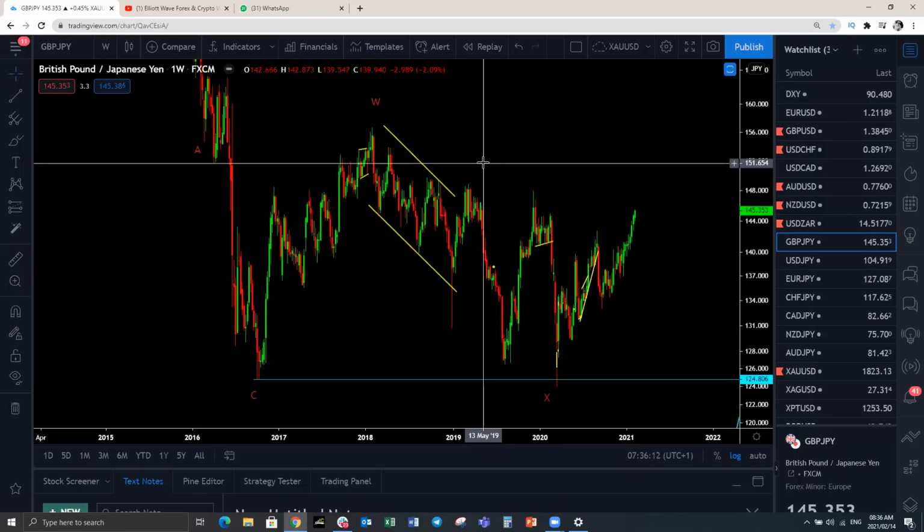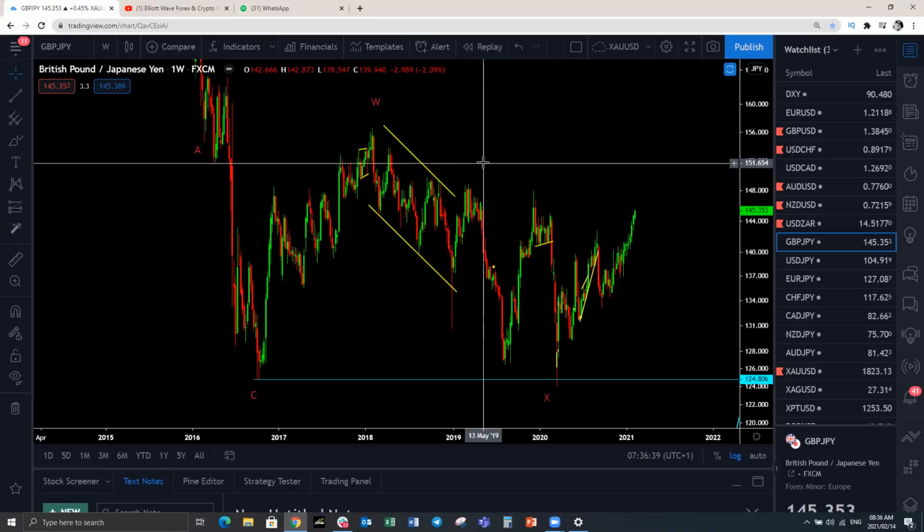The theme for this week is: why do Elliott Wave traders get it wrong? Although we're going to have a discussion on the Elliott Wave trading strategy, this is applicable to any trading strategy. Most of the time, 80 to 90% of the time, we can forecast the market with a high degree of accuracy, yet we are still not able to make profits or make consistent profits. So we're going to be looking at that.